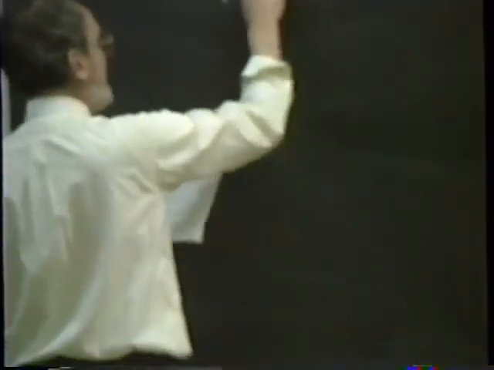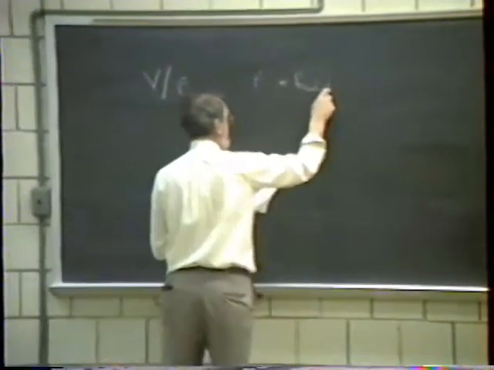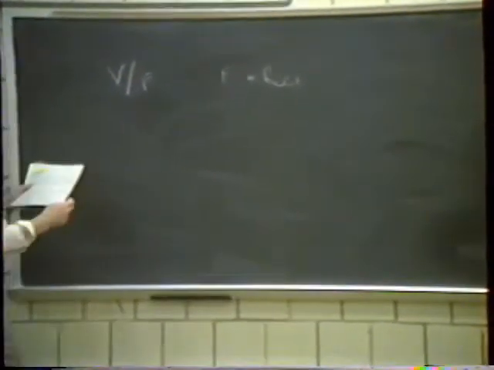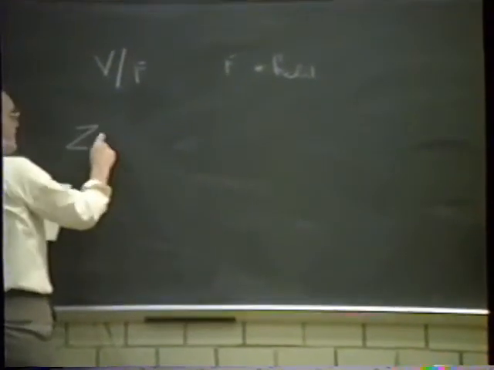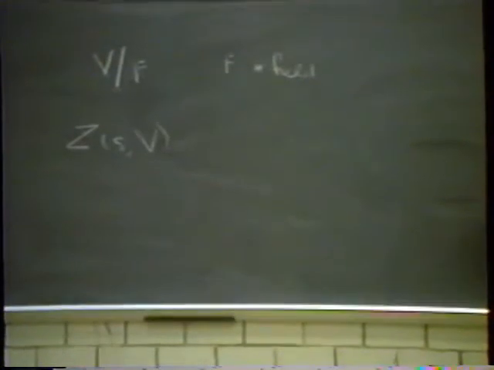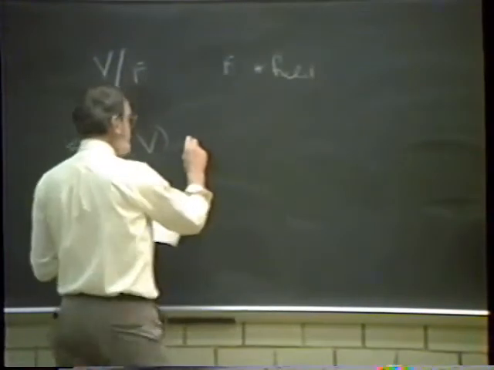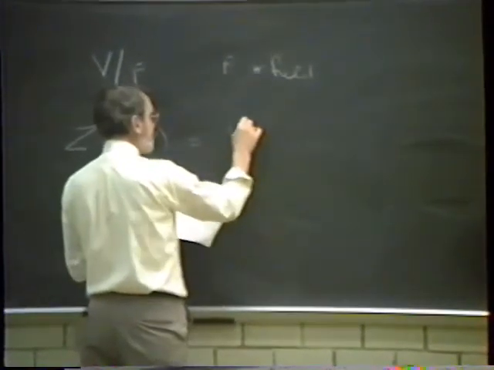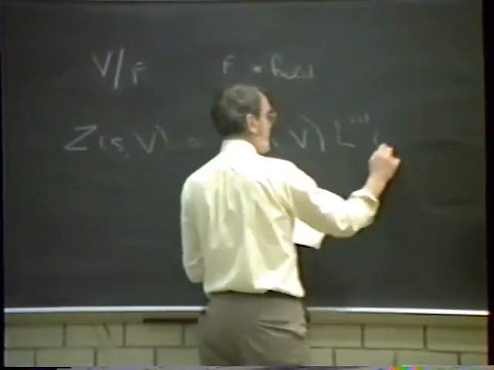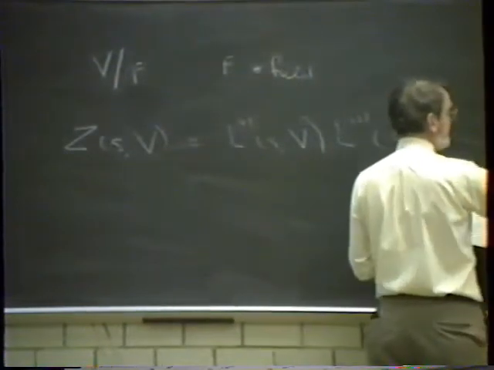Say we have a variety V over F, where F is a number field. This variety V is supposed to be nice: smooth, projective. Then we can define its zeta function, which is a function of a complex variable s. And the formal theory says that this zeta function is a quotient of products of L functions, 1 up to 2d, where d is the dimension of the variety,